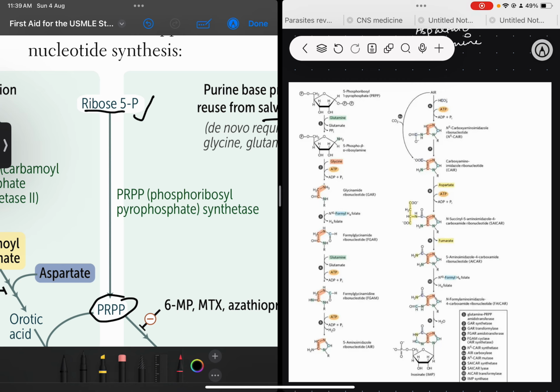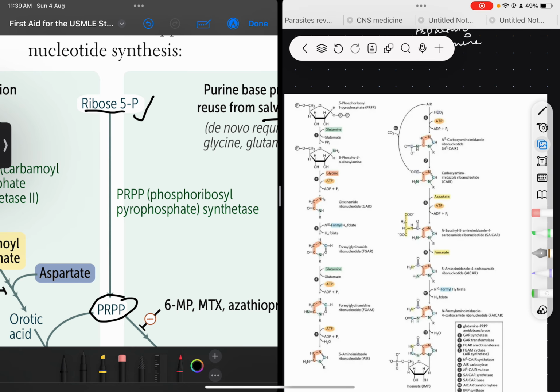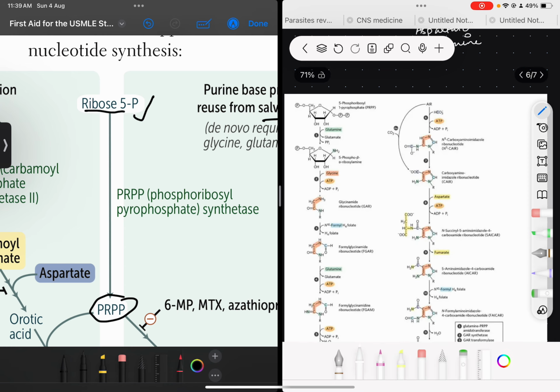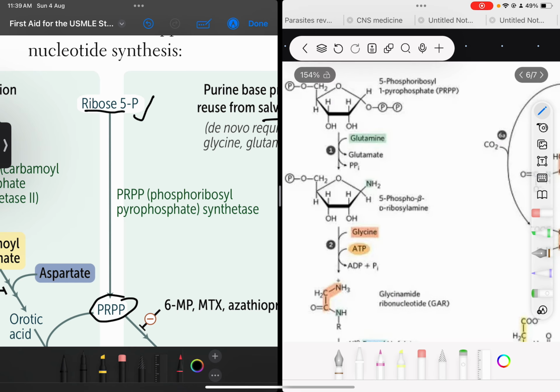So this sugar we have ready, but now we have to synthesize the base from this. So as we can see, the sugar we have is ribose 5-phosphate, and from this we are going